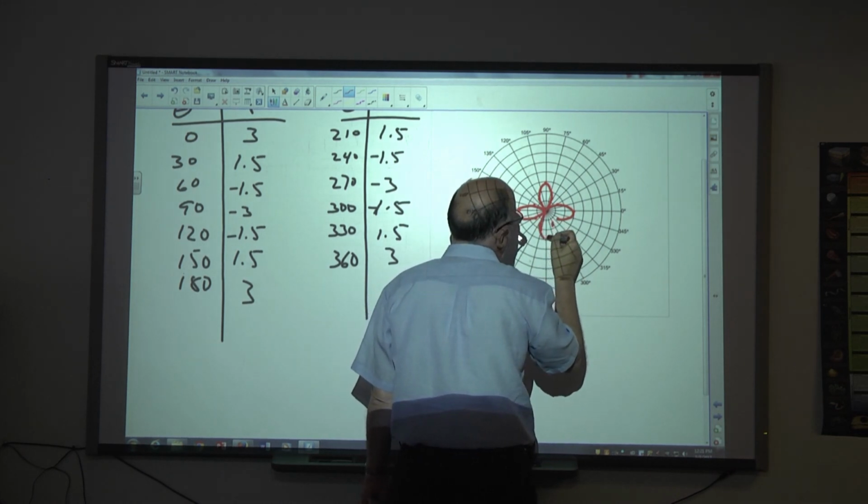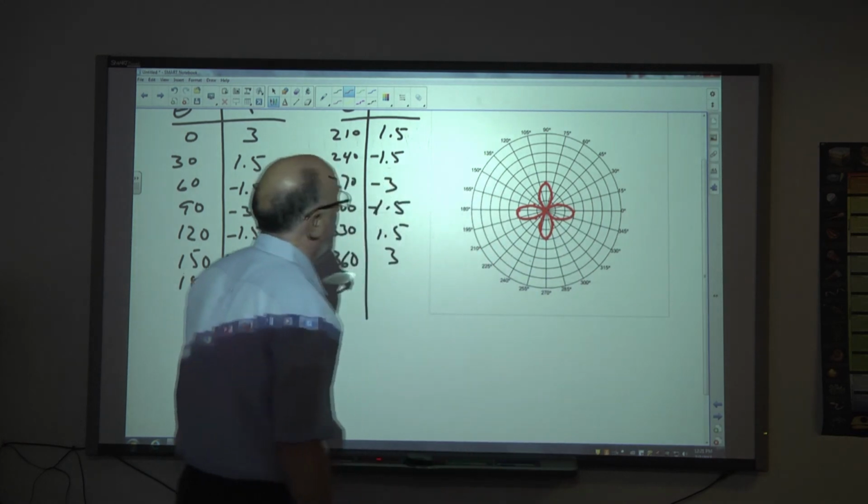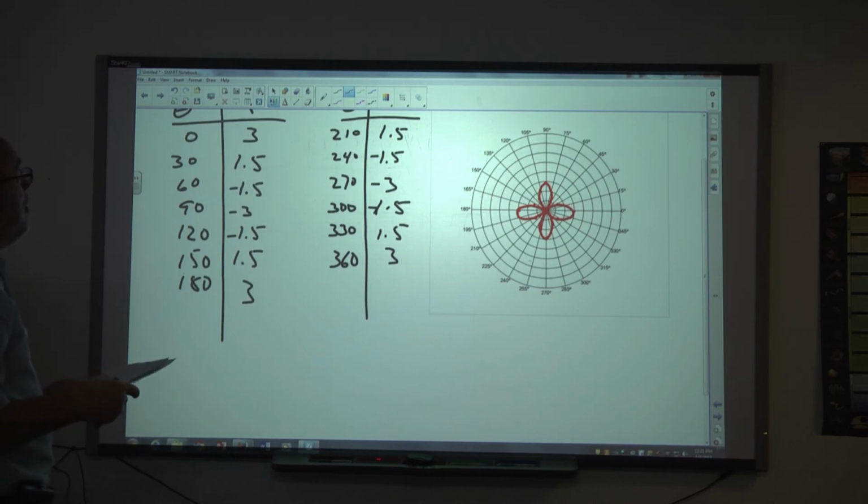Like I said, it might be easier to draw on a piece of paper with a pen than it is for me to do this on the board. But that will conclude